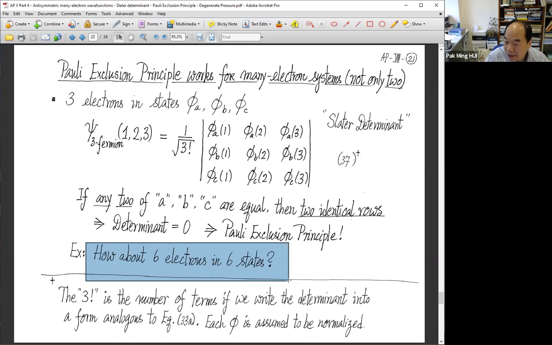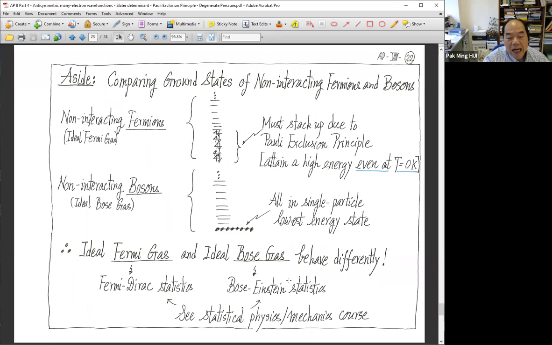And then you will realize that when two of the states become identical, suddenly everything becomes zero. So that is the idea behind how to realize the anti-symmetric requirement in terms of single particle states in a determinant form. Okay, and that is an important starting point for those of you who want to move on to fancier topics